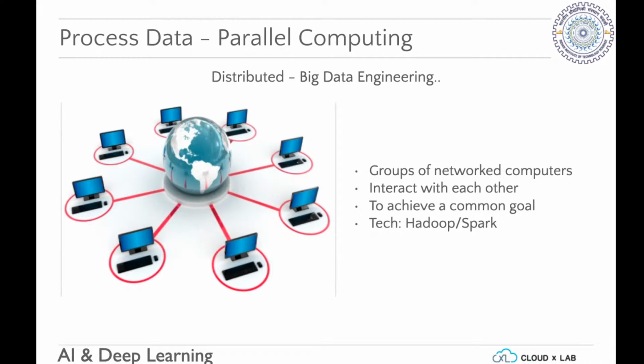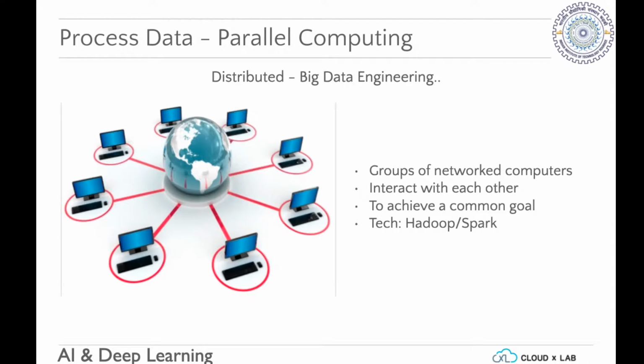The other advantage is that a distributed system is automatically robust. If one of your nodes fails, it doesn't destroy your entire system. The rest of the computers can take that load and keep it running. On the other hand, if you just had one computer and it's down, your process is stopped.